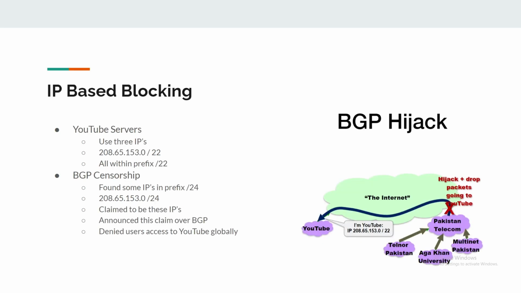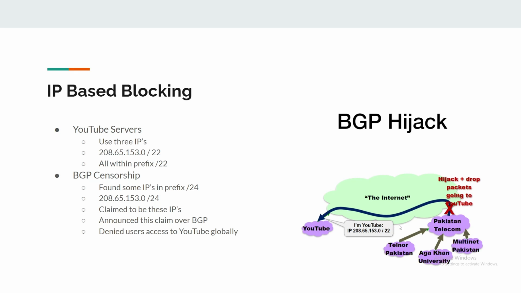IP-based blocking is when an autonomous system, or anyone really, on the internet claims to have an IP address. So they send out a BGP claim, an announcement, that they are the owner of this IP address. And what happens is that they don't have to really back up this claim. They can just announce it to the world. And in Pakistan Telecom's case, as you can see on the diagram to the right, they are the autonomous system that is in charge of all these subsystems in Pakistan. And since they have this power, they can say, okay,